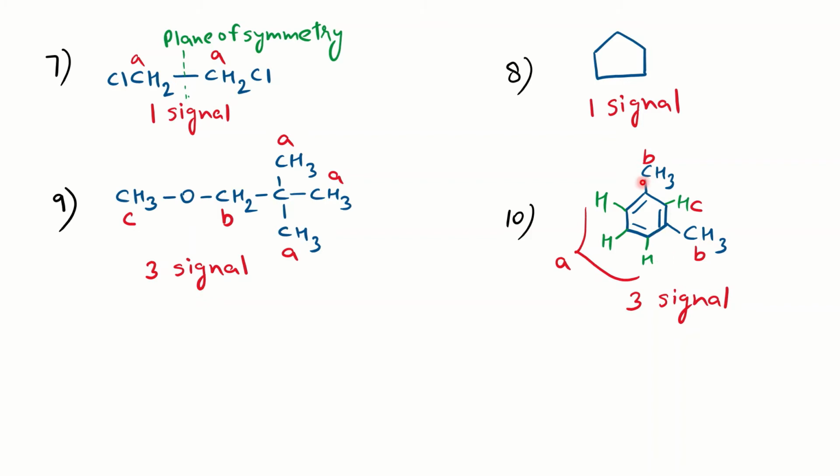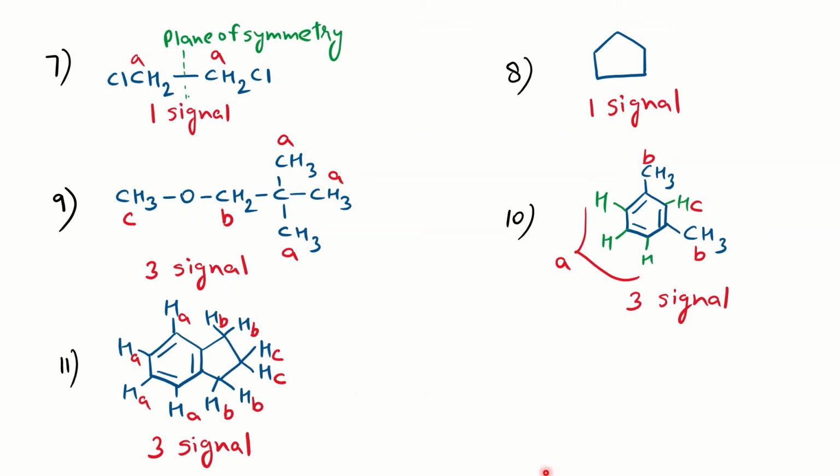Now this aromatic example, which is meta-disubstituted by methyl group, and we know that methyl doesn't shift the chemical shift value much. So we can assume that the three protons on the aromatic which are together will give you almost the same chemical shift value, and we can say it is giving you the same signal. And then the two methyls are chemically equivalent and will give you the same signal. The third signal you will get for the aromatic proton which is in the environment of the two methyls. So total 3 signals.